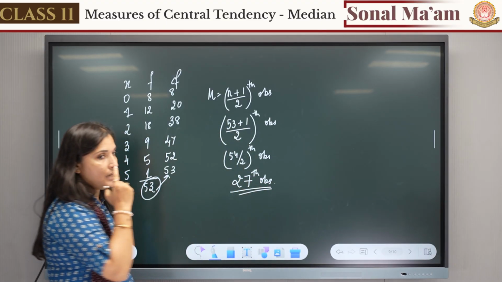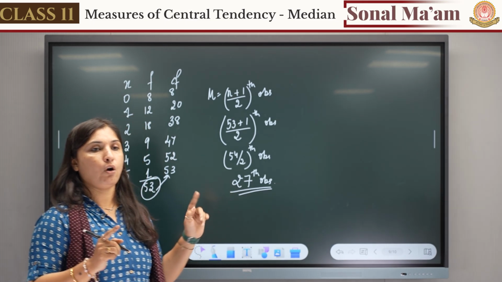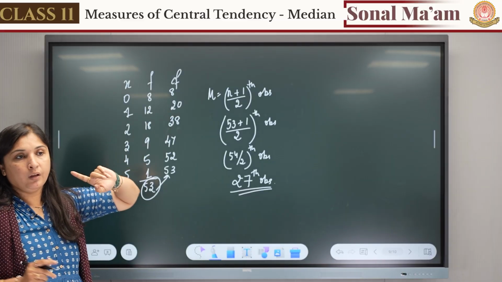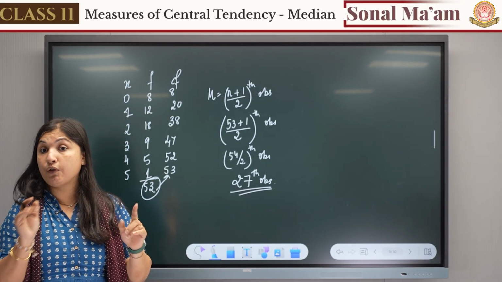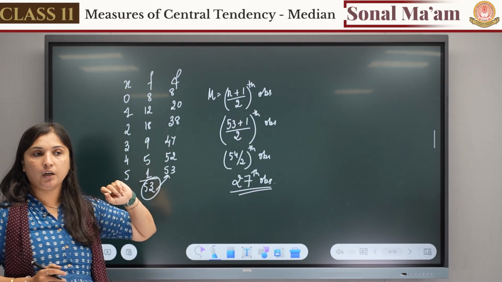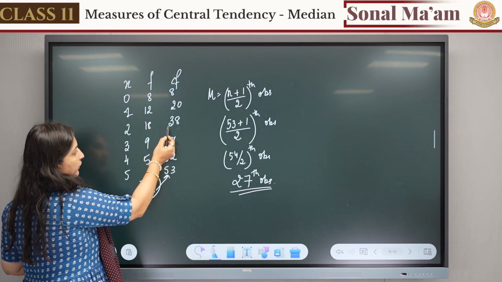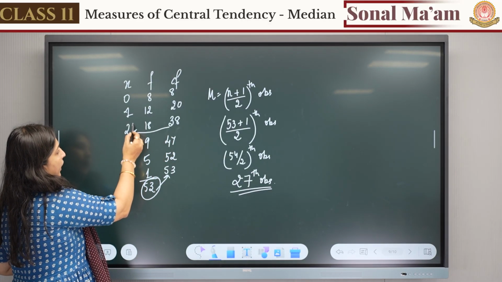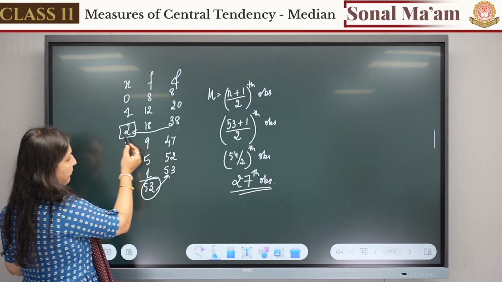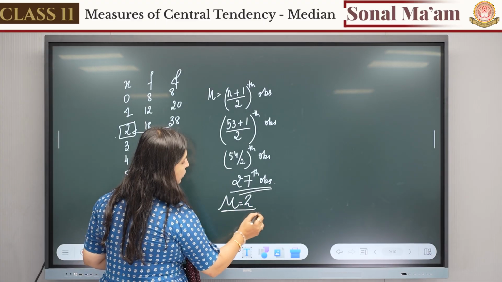Now this 27 you will check in the CF column. Okay, you will go to the CF column and you will check where is 27. Can you see here it is 20? But 20 will not be counted because we want little more than 20. We want 27. Now here you can see we have 38. 27 will be there over there. Okay, so from there we'll take a line from here, and the number in X column is 2. So 27th observation is coming in which value? 2. So my M will be 2.